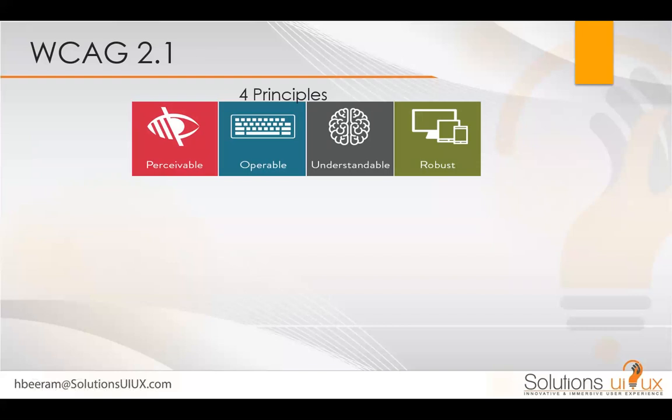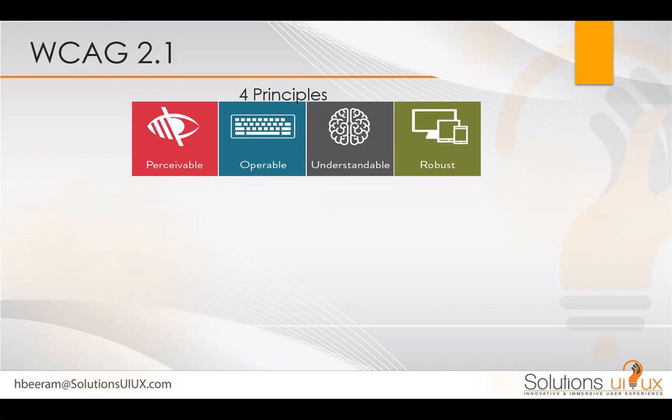So these four principles, this is where I give you the length and breadth. With this one slide, you could understand how big conforming for accessibility is. How big is that, right? What is there and how much is there? With this one slide, you would clearly get the breadth and the depth of accessibility.